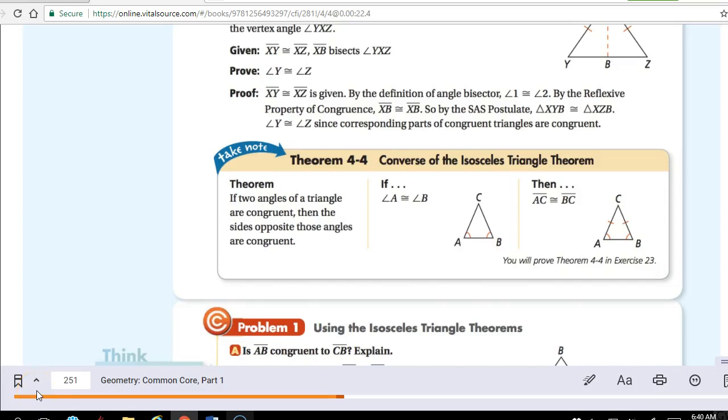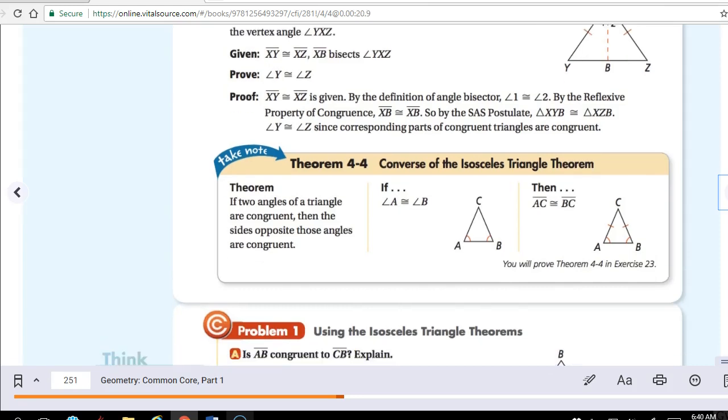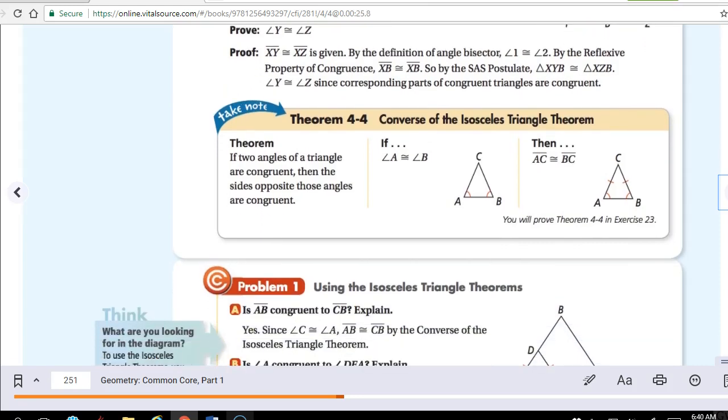Hello again. We are in section 4.5 and we are going to be looking at problem number 1 today. This whole lesson is dependent upon this concept right here, the isosceles triangle theorem and its converse. This page, which is right above problem 1, says, but what it's really trying to say here is